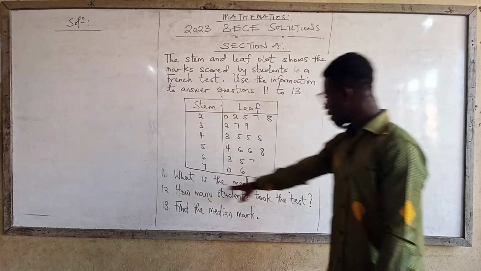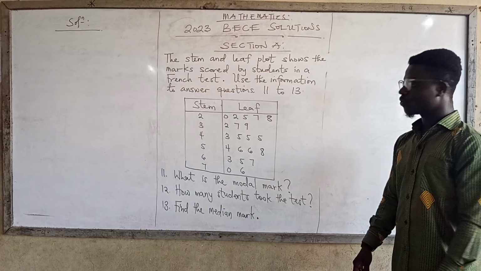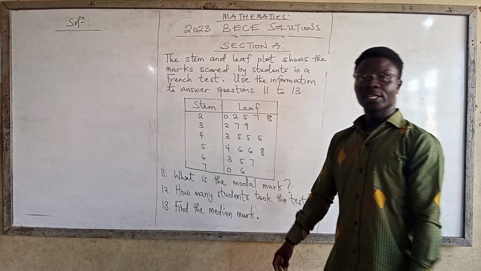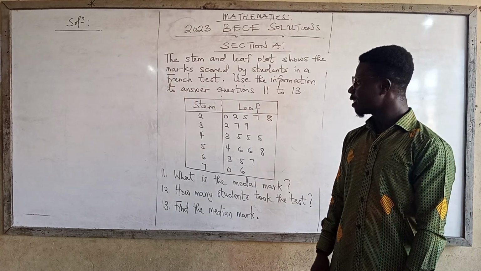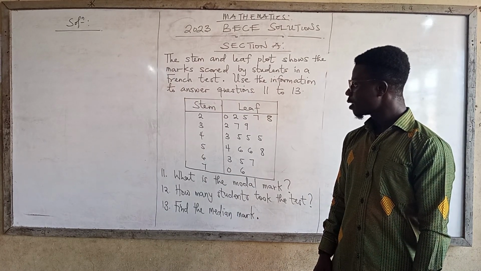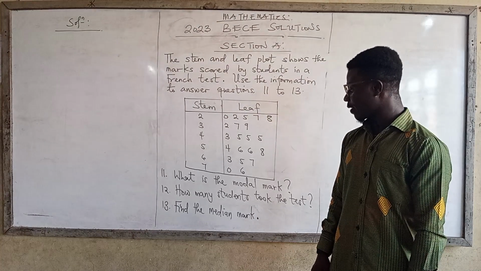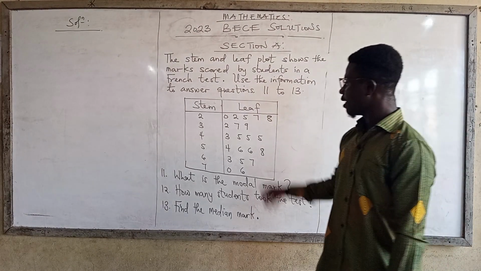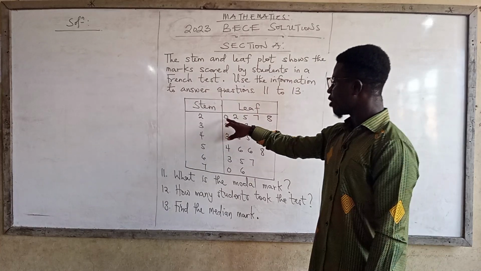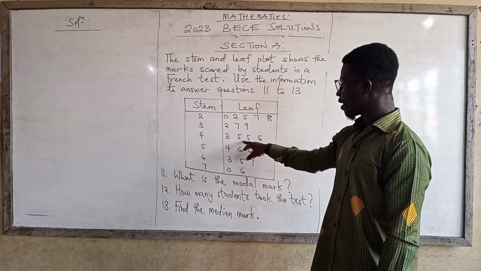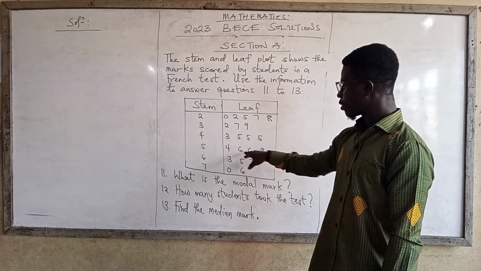Now question 11. What is the modal mark? Mode means the frequently occurring number or the frequently occurring mark. So now let's see. On our leaf, we have 02578, 279, 3555, 4668,